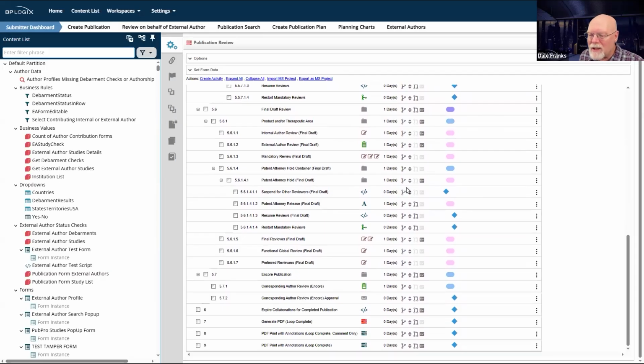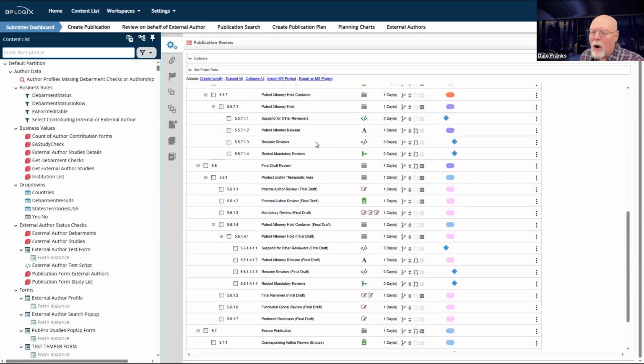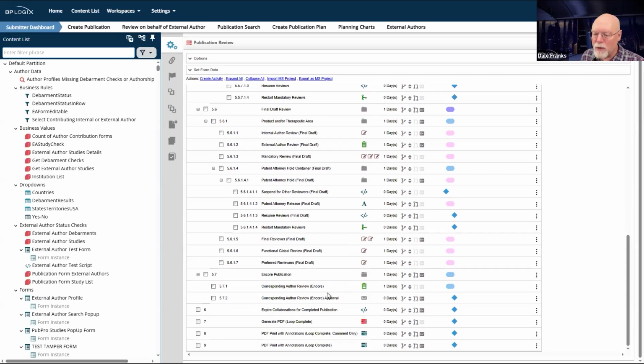But this is the process timeline for all of the different types of reviews that might have to be done in this particular system and how those reviewers are chosen. In this system, there's a whole user alignment setup so that users get automatically assigned based on alignments. That's way more complex than what we can do.